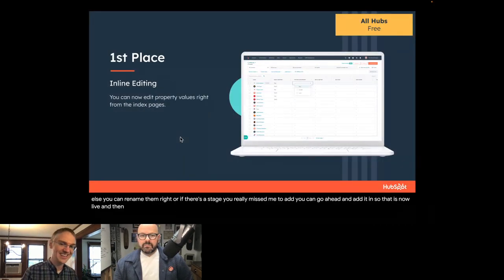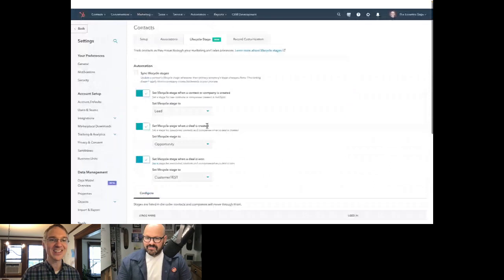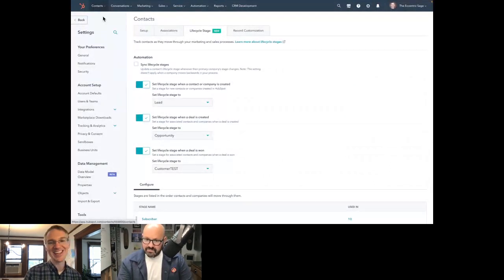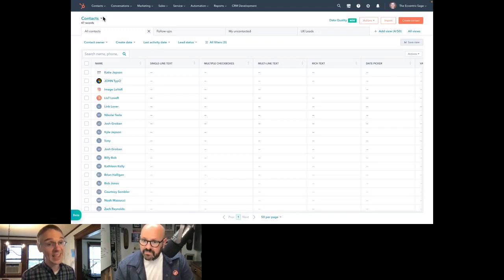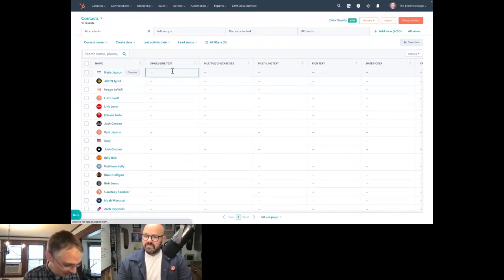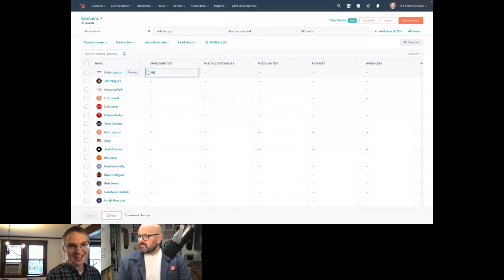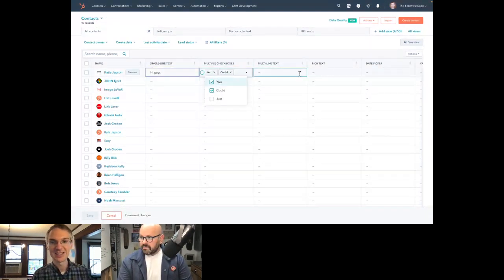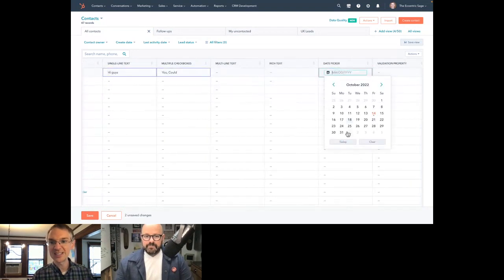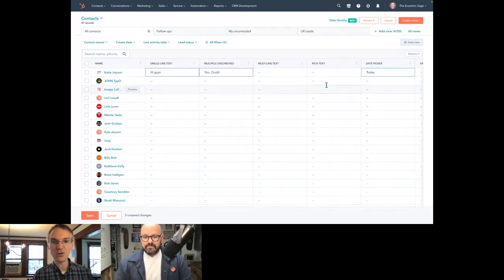And then I think my favorite, the most delightful, the biggest update, I already showed it to you a little bit. I'll show it to you again. Now this index page that's kind of laid out like a spreadsheet actually is editable like a spreadsheet. You can put things in there that you want, whether it's text, whether it's check boxes, whether it's a date, whatever you want to do, you can just do it. And when you're done editing, you can save.